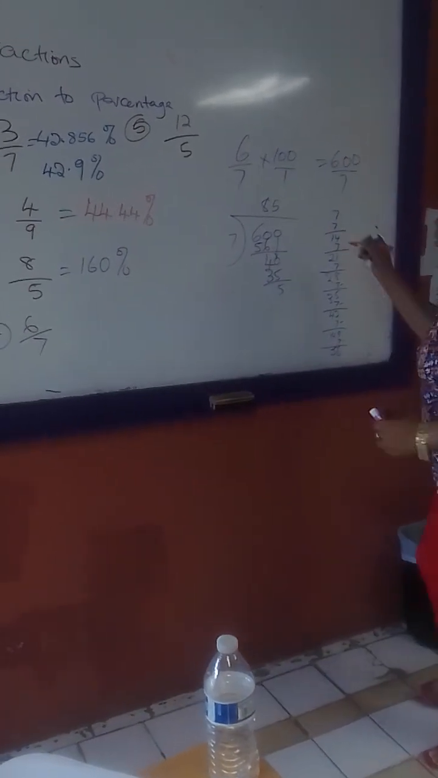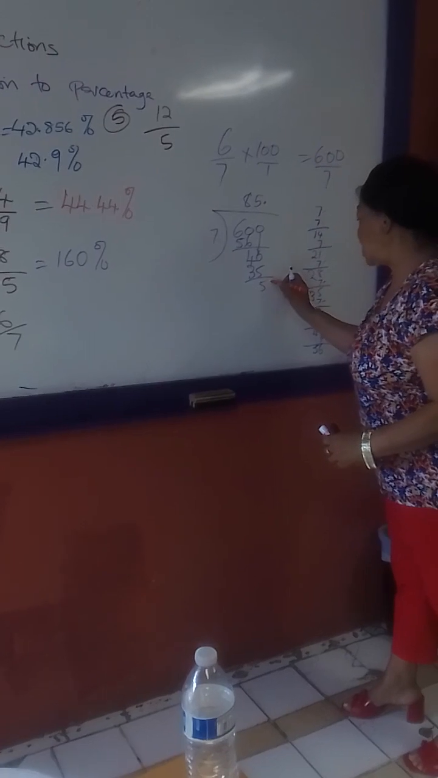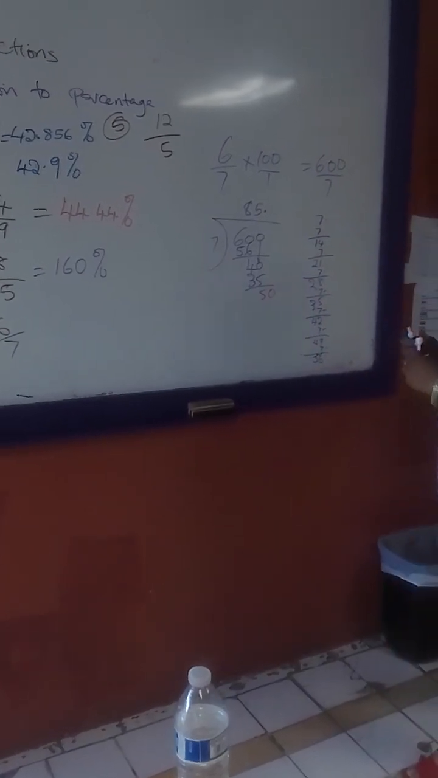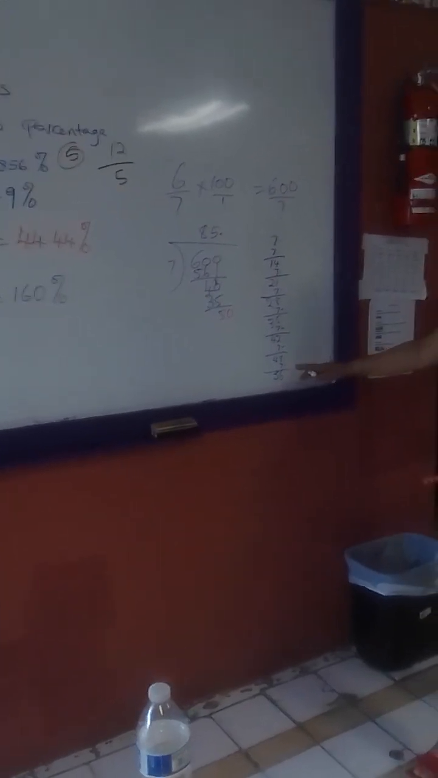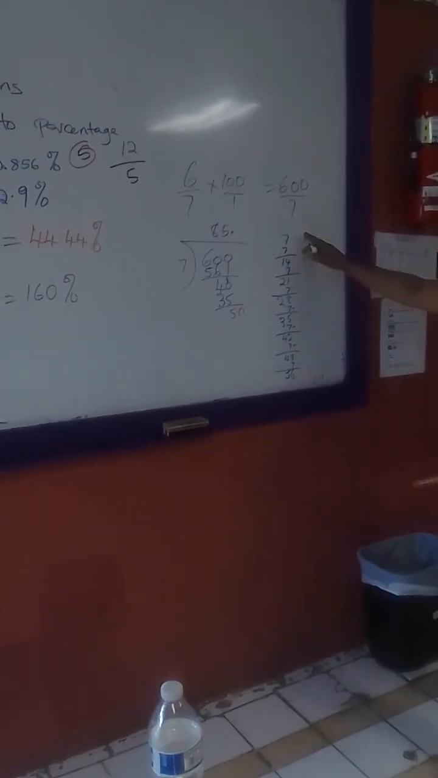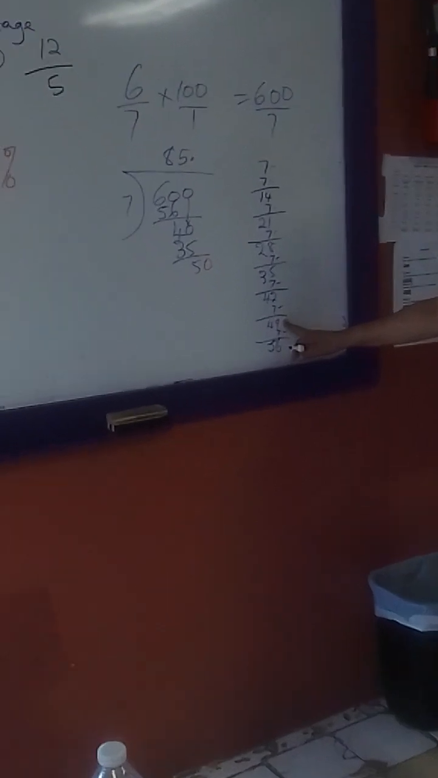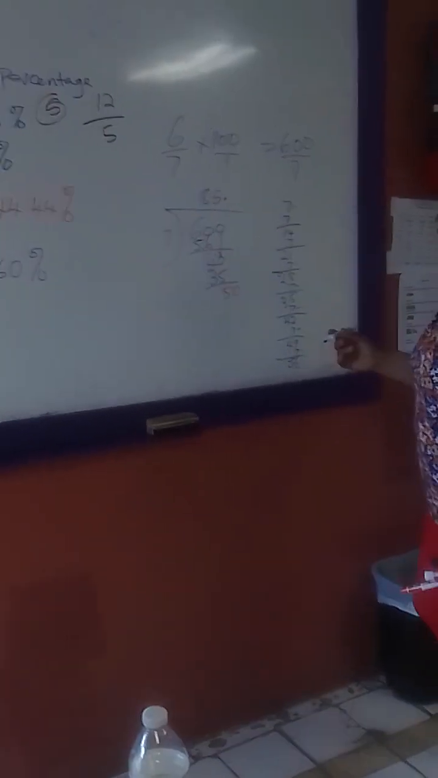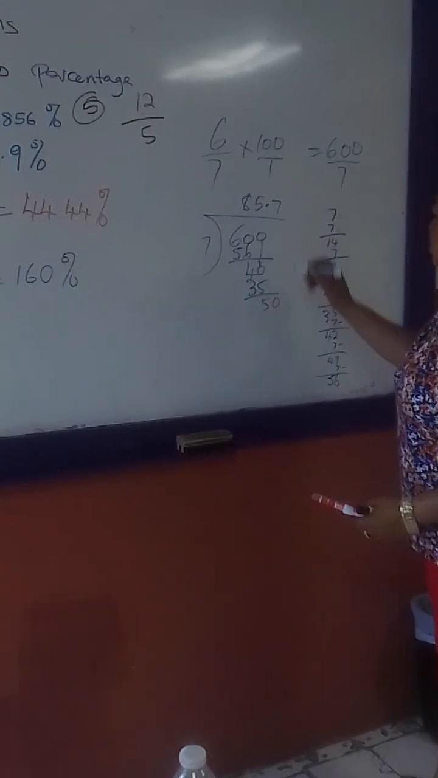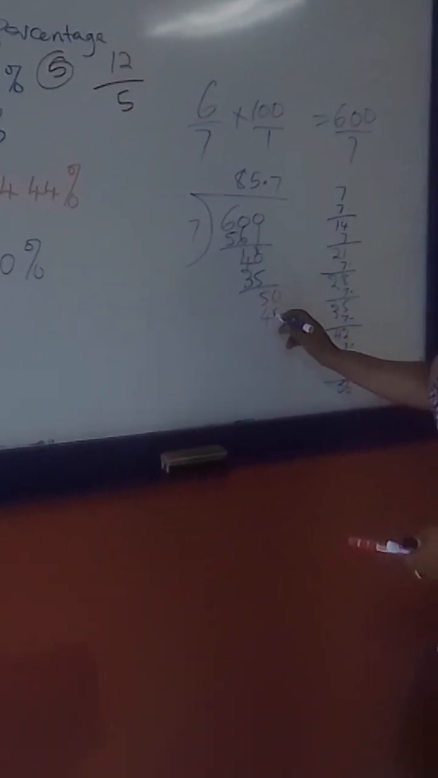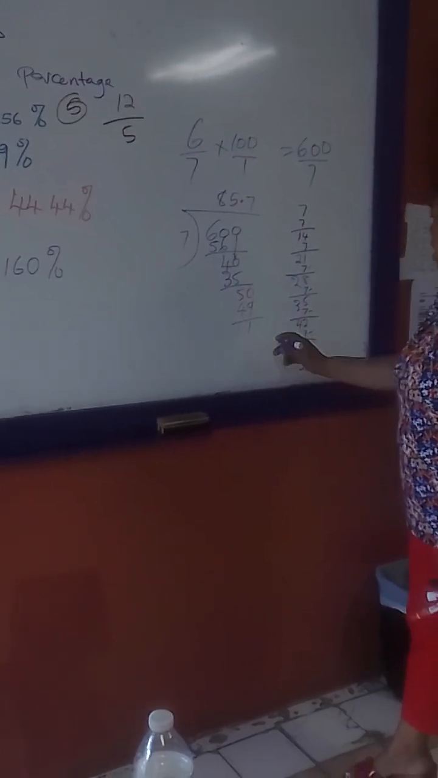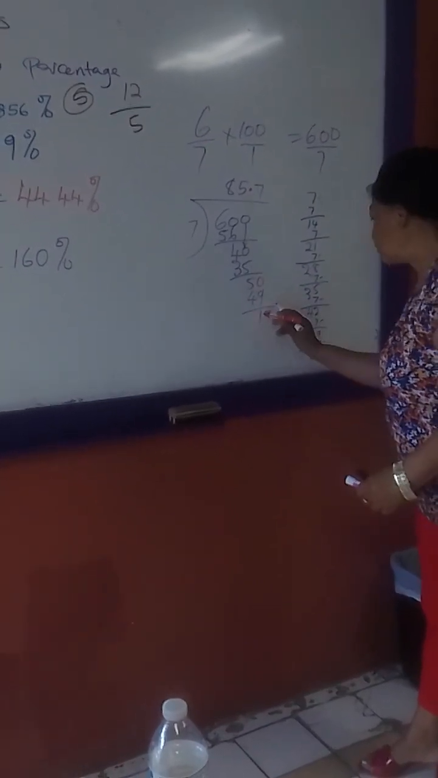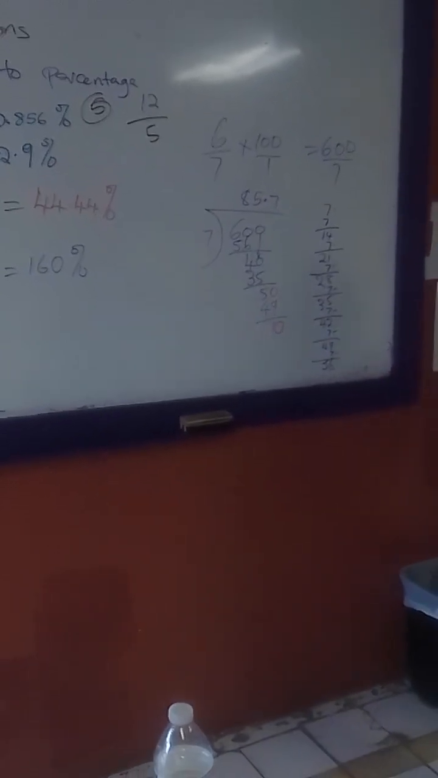Add the what? Point and add the 0. Now I go 7 into 50. How many times can I get 7 out of 50? I can also use this chart right here. And I stop at 49. How many times is that? 7 times. 7 times 7 is 49. 49 from 50, I'm left with 1. I could add another 0. And how many times can I get 7 out